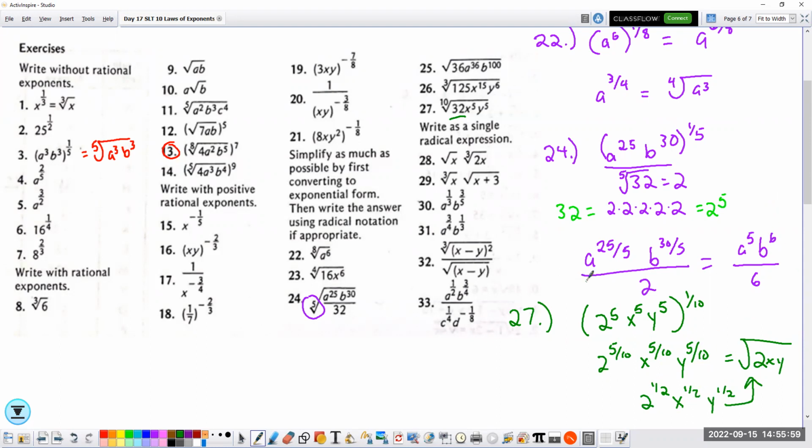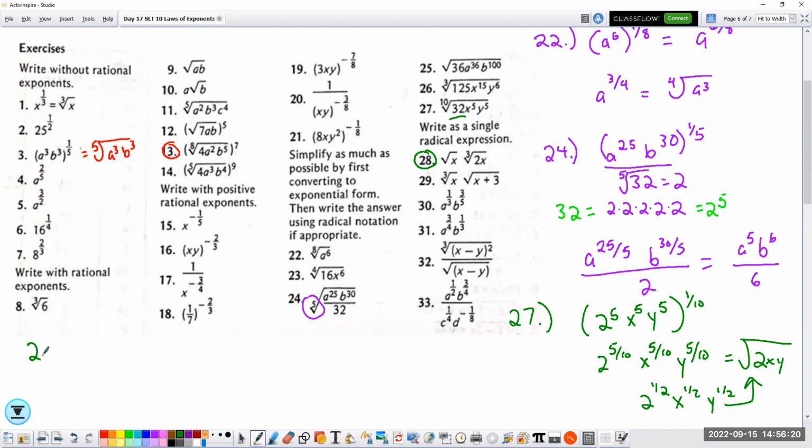I'm going to do one more problem. No, actually, you know what? I'm gonna do number 28 and then I'm gonna do 33. So let's do 28 and then we'll do 33 because those are pretty different. 28